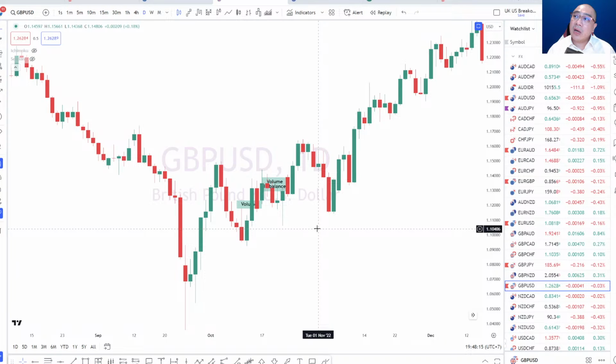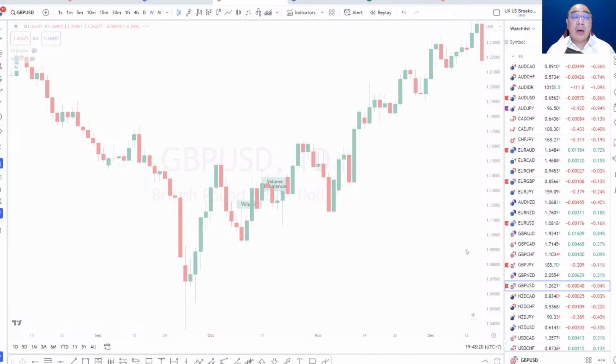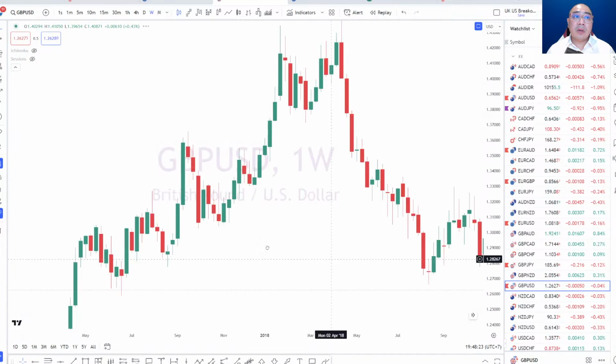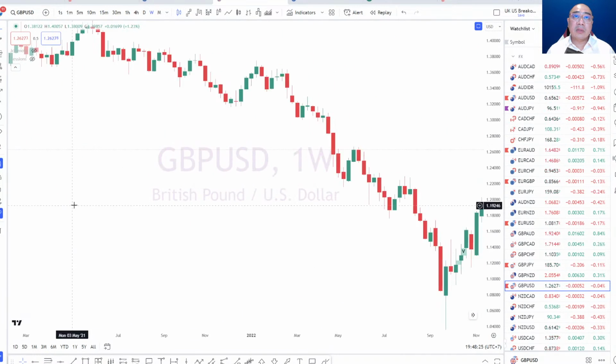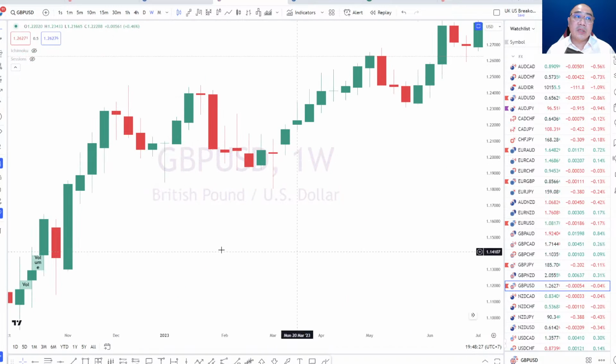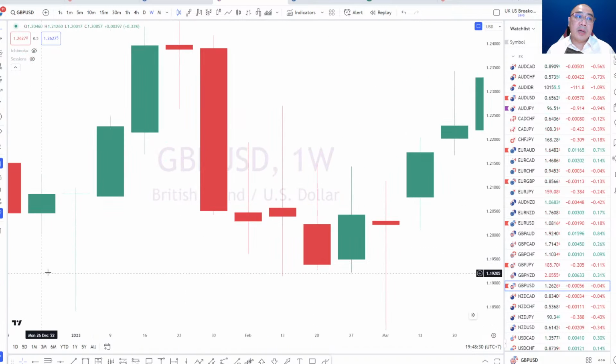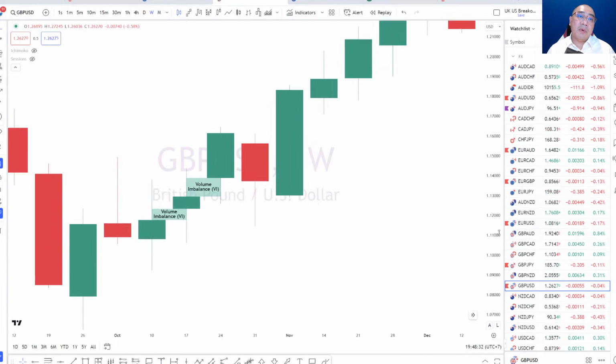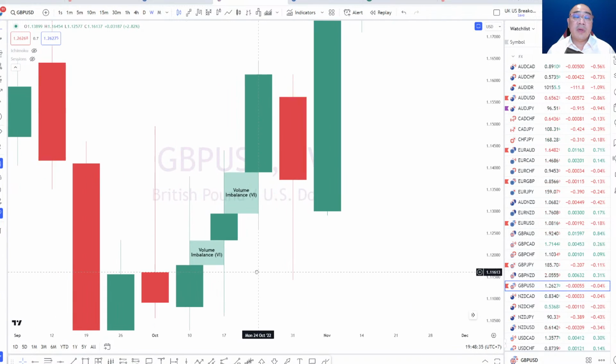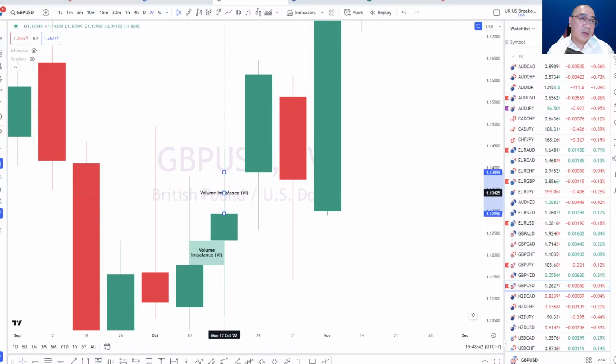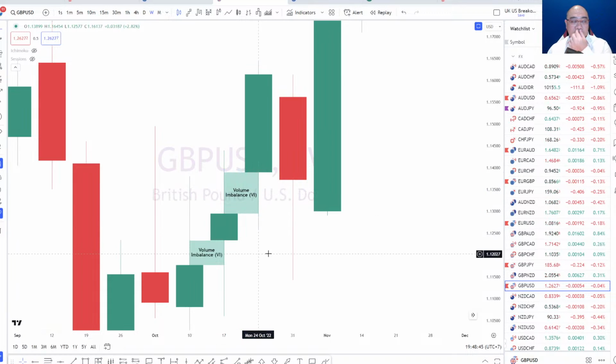How to know when there's a high or low that's broken? On the pound weekly, it's not a gap. This one here, it's a volume imbalance. When it opens, it probably is a gap, but you can tell it's not a gap, right? So it's one of those unique things, because it gaps up, but somehow the volume gets filled, and then it gaps up again, but then the volume gets filled again by the wick. If I remove that, you'll see the wick there. It fills in that empty space. So technically, it's not a gap. If you want to see a gap, I'll probably move on to an equity market to show you a gap.